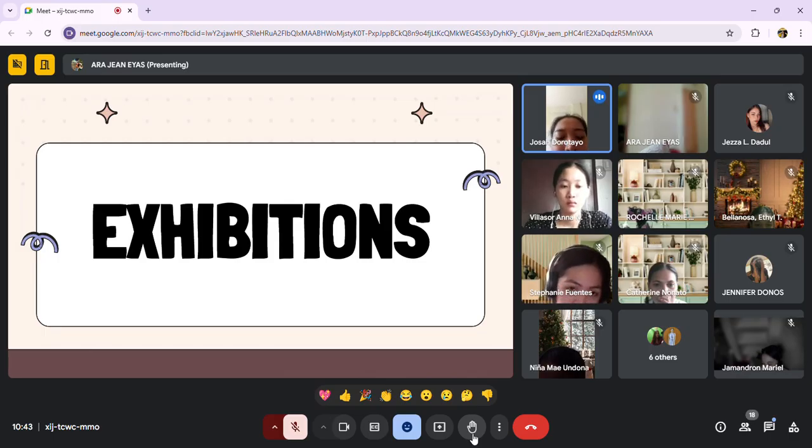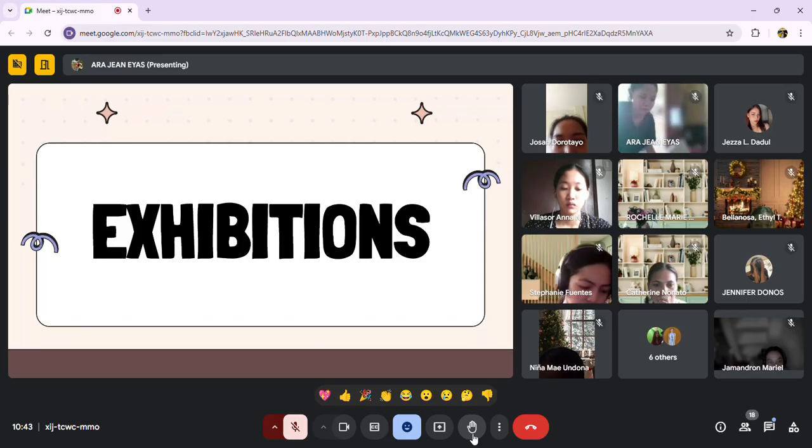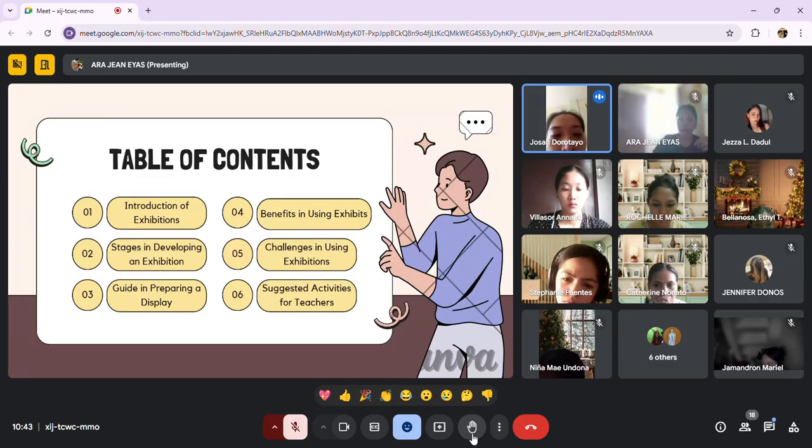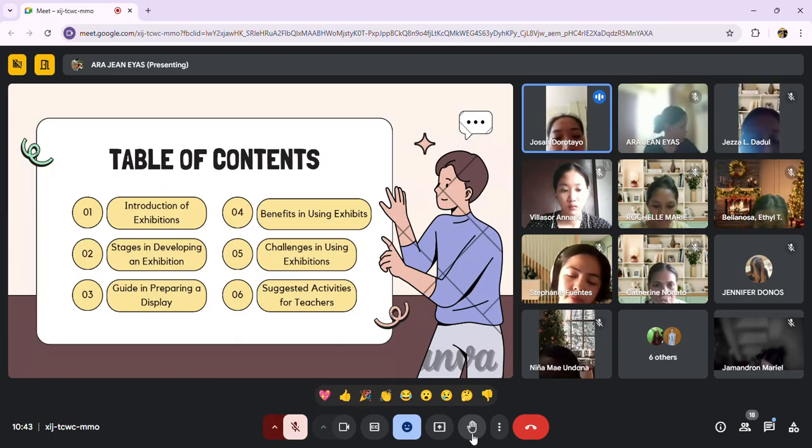Okay, so same with demonstration, we're going to discuss the introduction, the stages in developing, guide and preparing a display, benefits of using exhibit, challenges, and the suggested activities for the teachers.